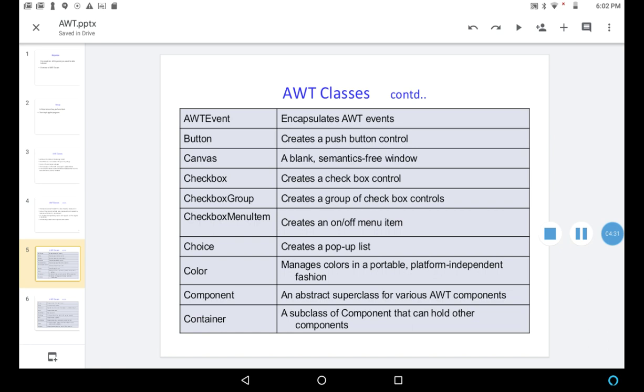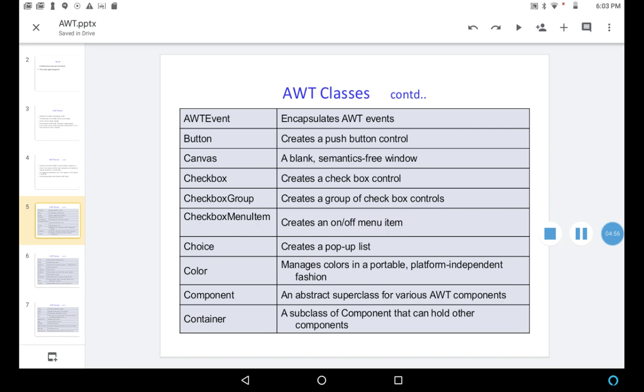So ultimately the superclass is component, and container is a subclass of component. You need to understand the hierarchy also.